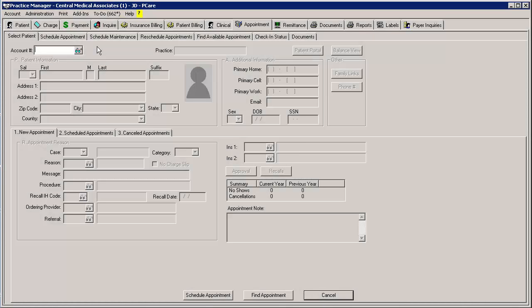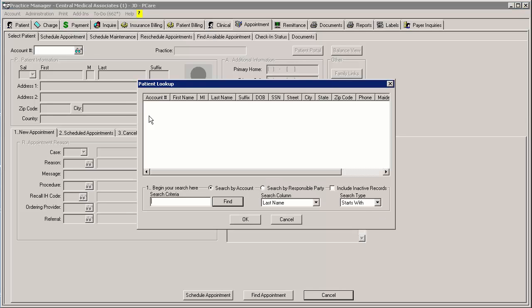To schedule an appointment for a patient, click the Select Patient tab. This screen gives you the ability to select an existing patient account or enter a new patient account on the fly. For established patients, you can either type in their account number or search for the patient in the account